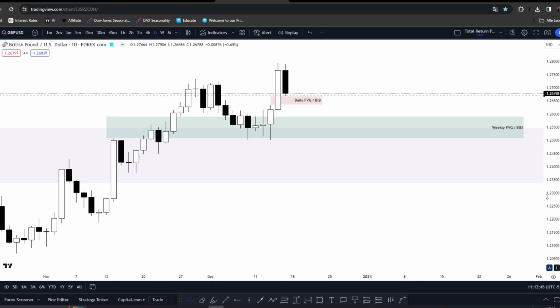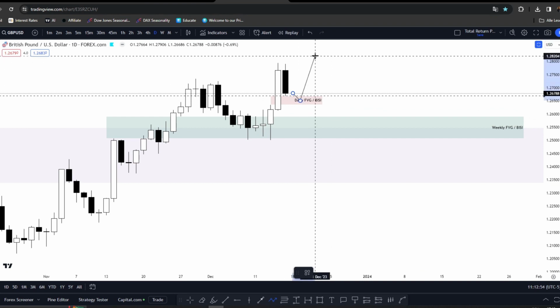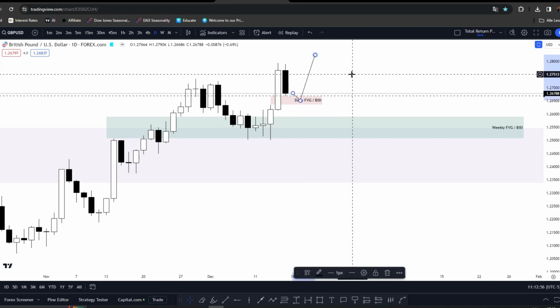So on the daily time frame, we have this daily fair value gap. We could see something like this. I mean, nothing wrong with that, but I would really wait for a reaction